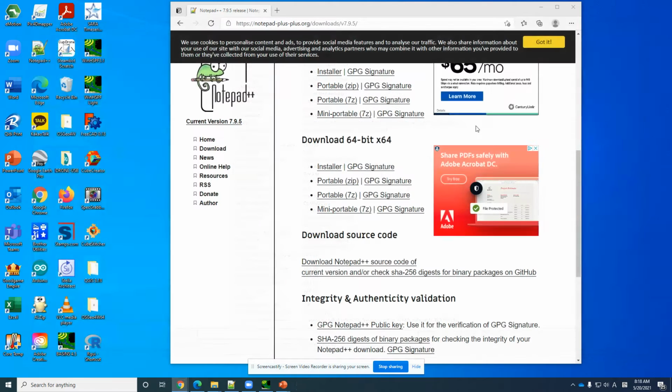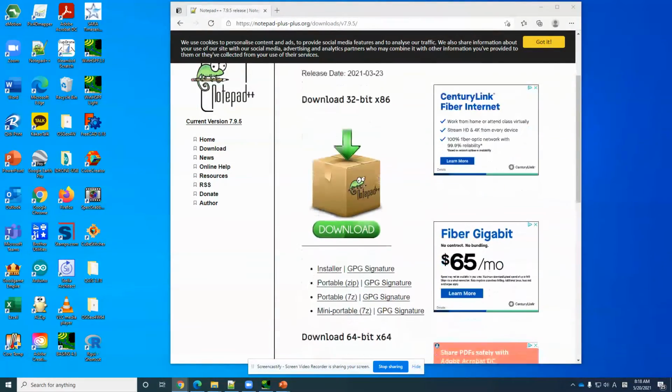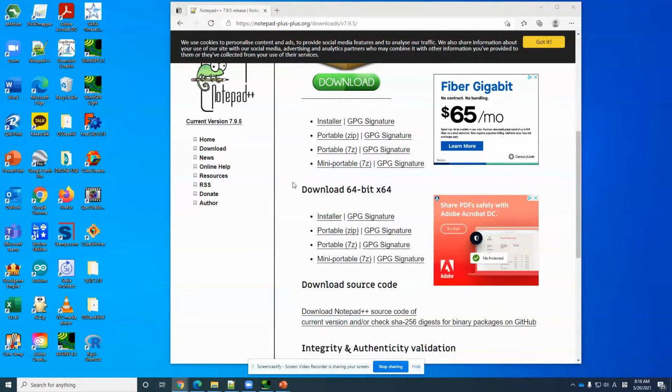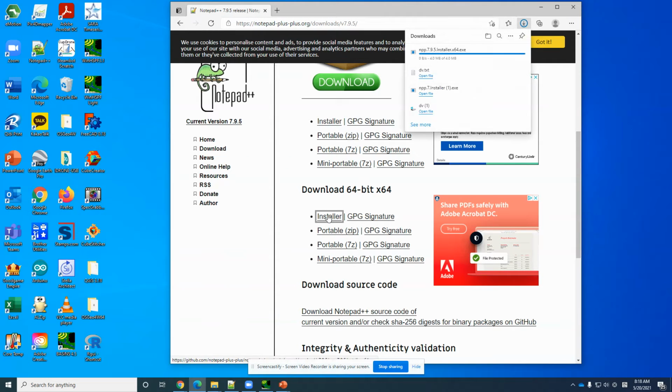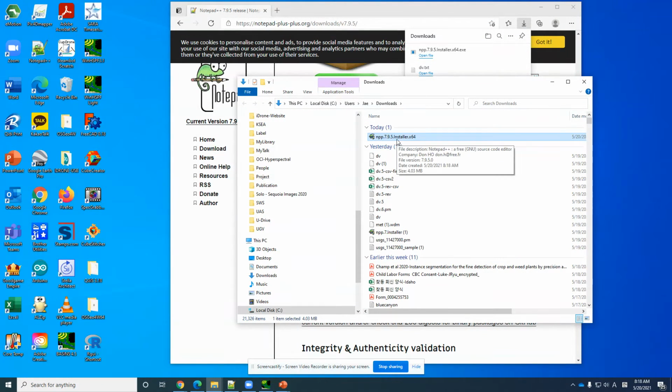Let me close this window, and then just go to the download website and find this one. My case, download the 64-bit, right? I can click just the installer. It's easy, and then just open the download folder. In my case, I can just double click this one